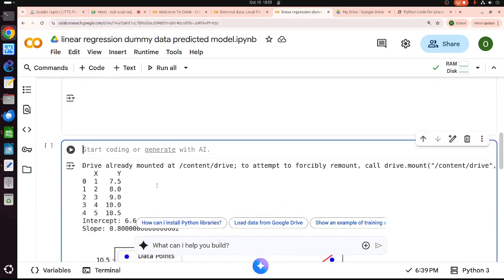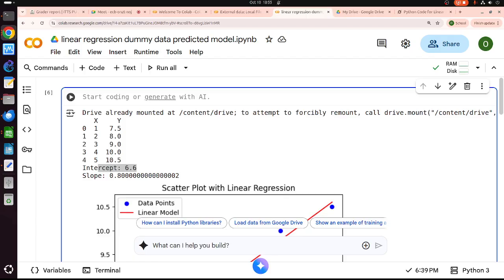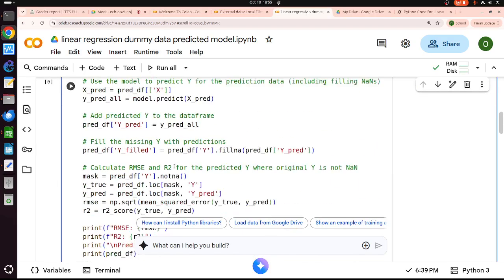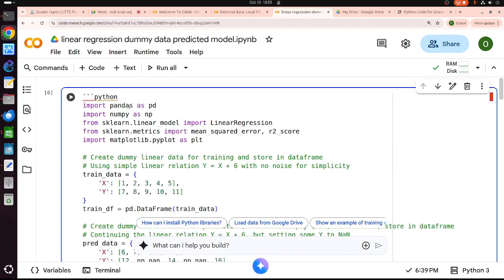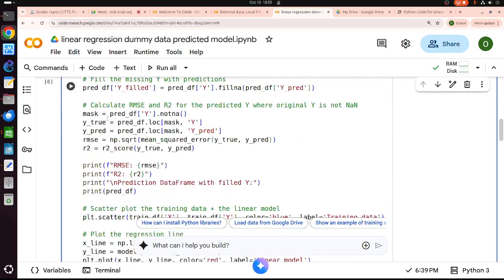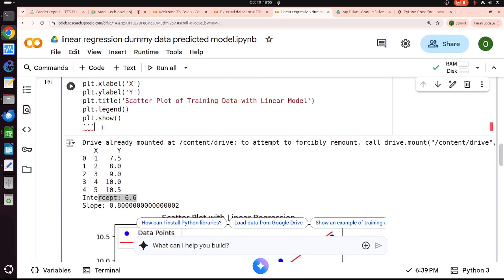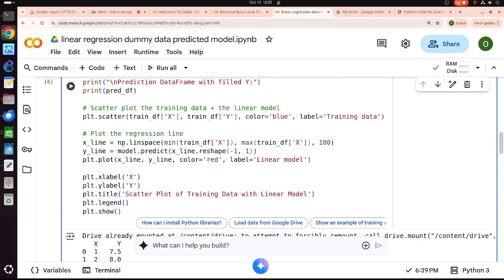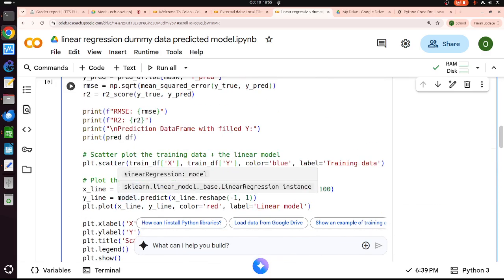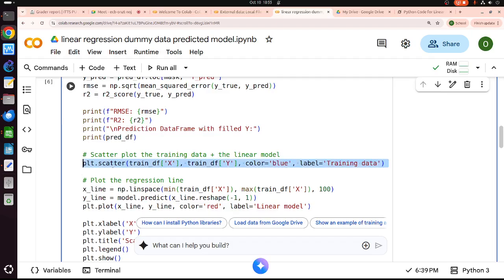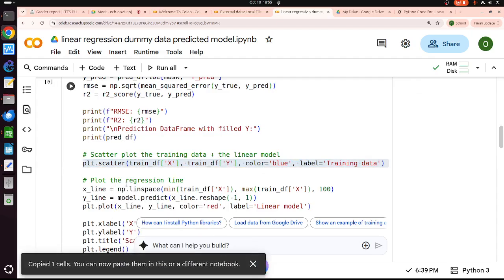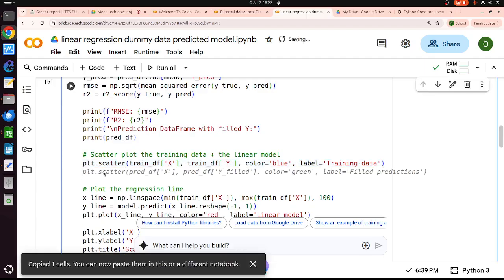Okay. So remove this one. That's from Grok. I remove this one. This one is from Grok. Okay. Grok things is gone. Now I want to copy this one. Copy one cell. Put it.